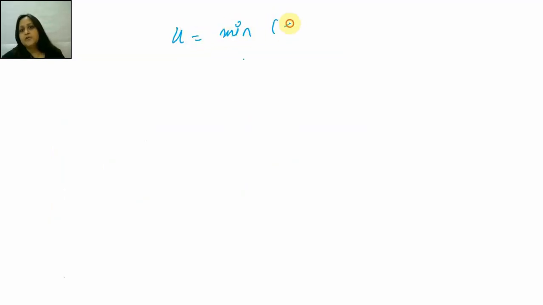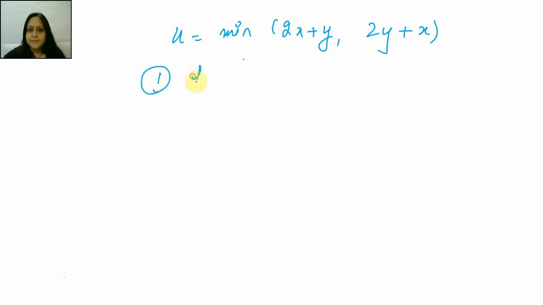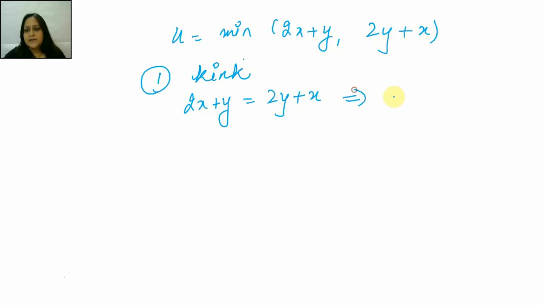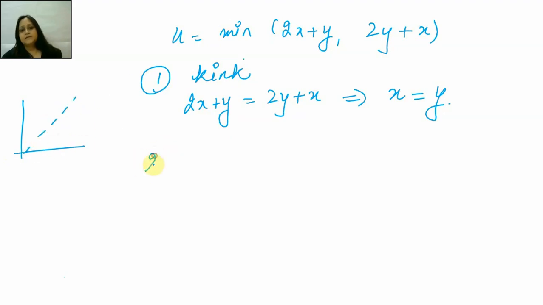Let's do the next one, which is our next function, which is u is equal to minimum of 2x plus y, comma 2y plus x. So first step, kink. 2x plus y is equal to 2y plus x implies that the kink is at x equals y. तो किंक तो मेरी आ गई जी 45 डिग्री की लाइन।